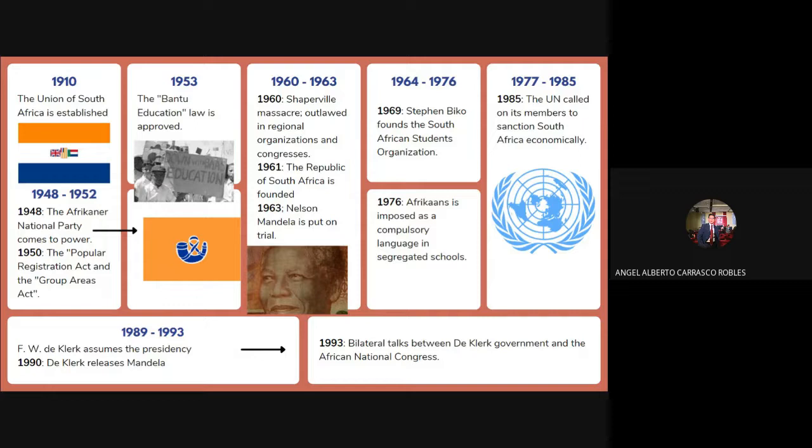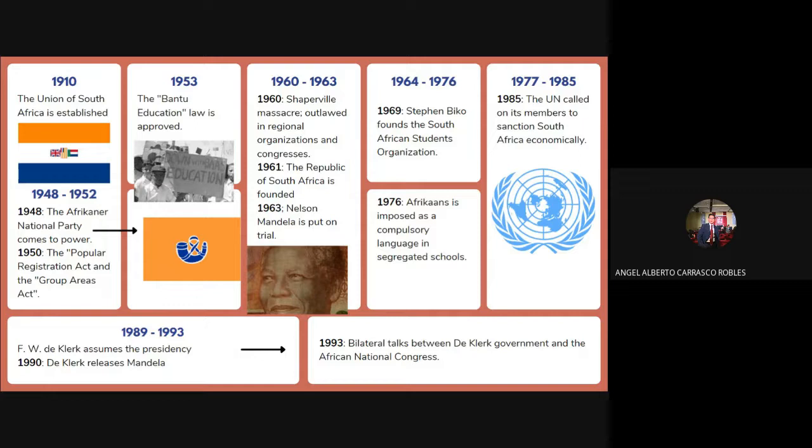Last thing about this: in 1969, the South African Students' Organization was established, which undertook to generate consciousness in the black population. However, the laws against the black population continued, establishing Afrikaans as a mandatory language in schools, which generated riots in different areas, such as Soweto in